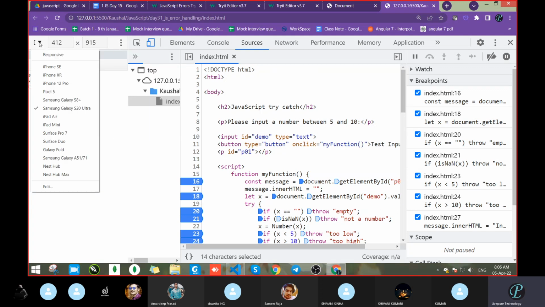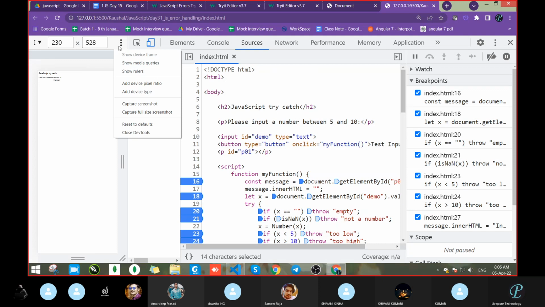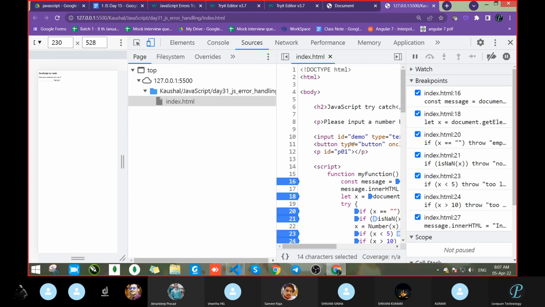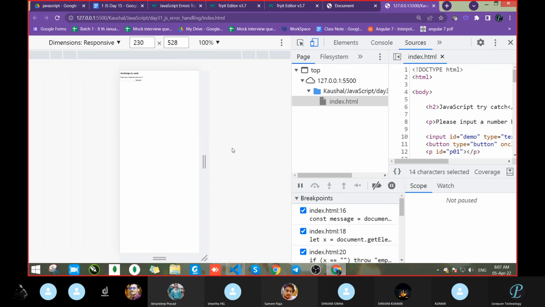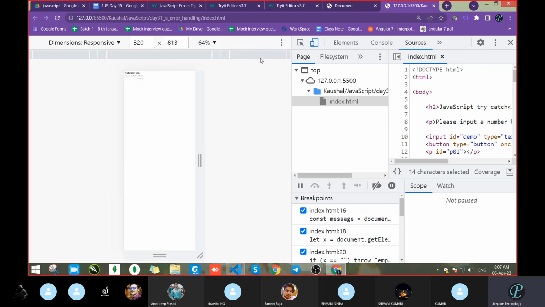One second. Where is the device? Go with the responsive mode. So device frame. One second. Laptop. Where is the laptop? Tablet.